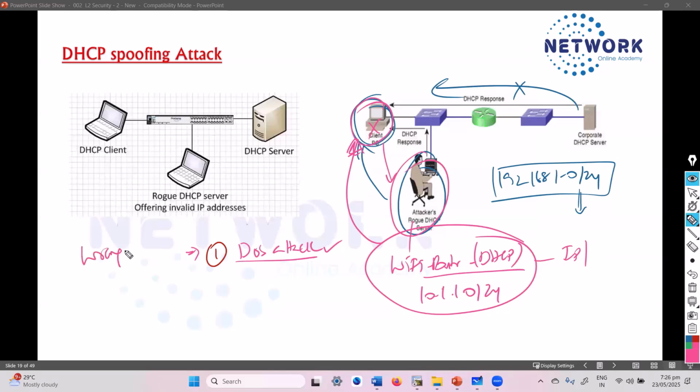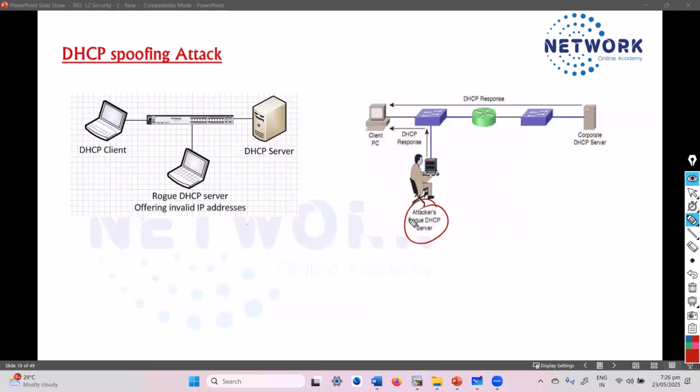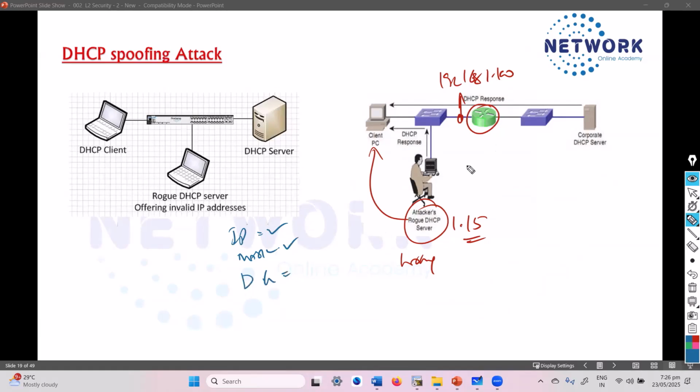If he gets the wrong subnet, or it can be a wrong default gateway, or it can be anything, you will not be able to access the resources. That is one possibility. The other possibility is he will give the right subnet, but maybe the wrong gateway. Let's say the actual gateway address is 192.168.1.100, and the attacker's IP address is 1.15. He will give the IP address correct, and the subnet mask also from the same subnet,